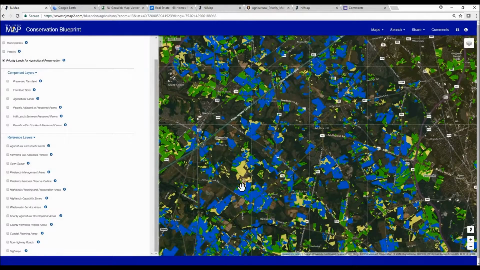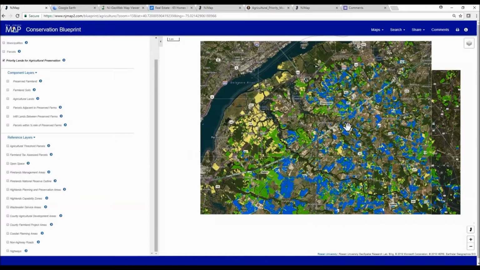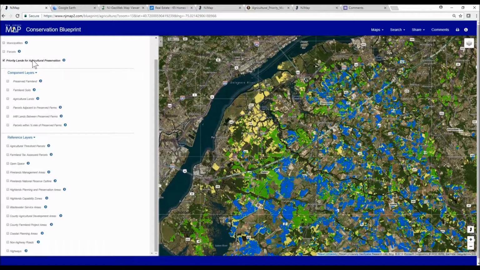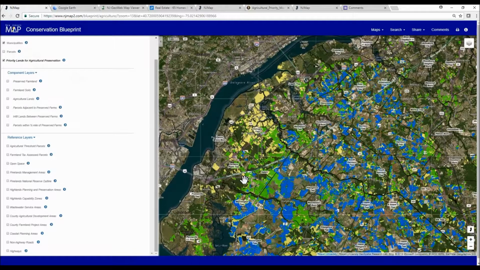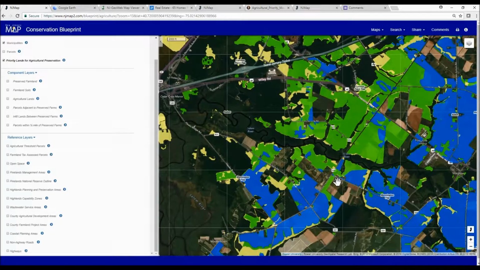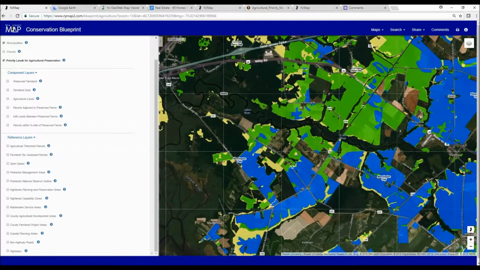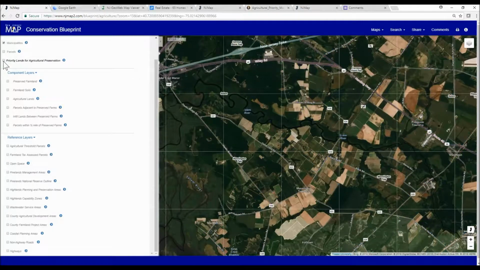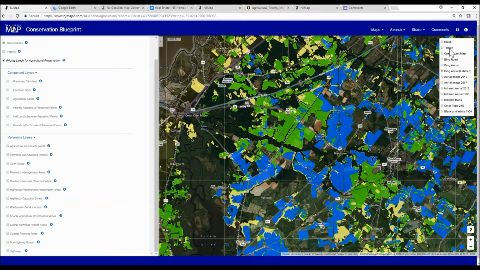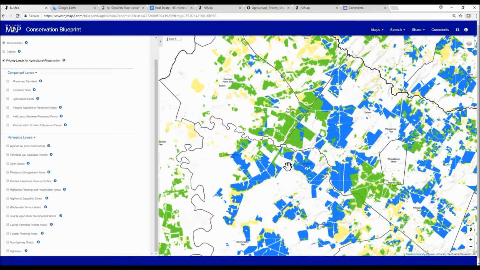And I thought we would go through just a couple of examples, zoomed in a bit, to show how the model works. So let's look at the two examples here in Salem County that demonstrate the methodology. This area is southeast of Carneys Point, where it's split by Mannington Township by the Salem River. You can really see, and John, if you turn on the preserved farmland layer,